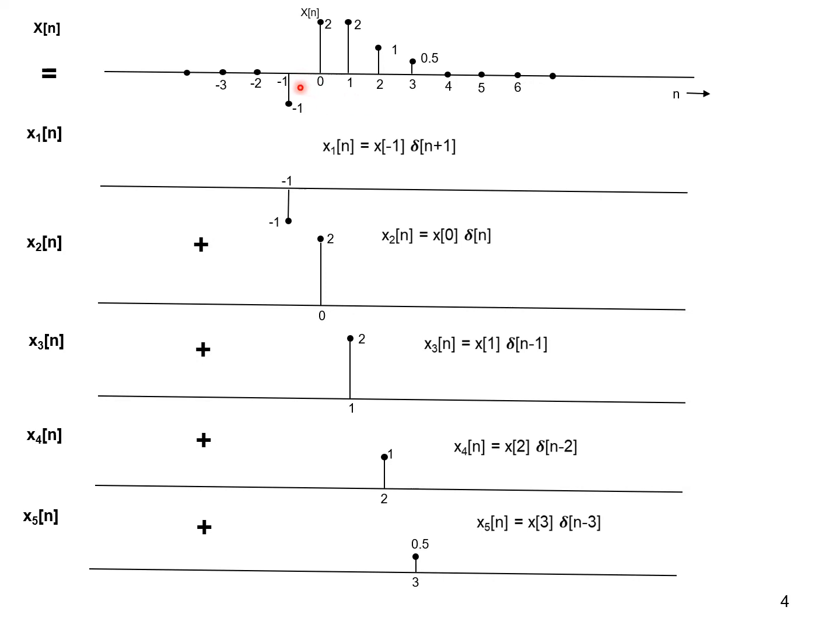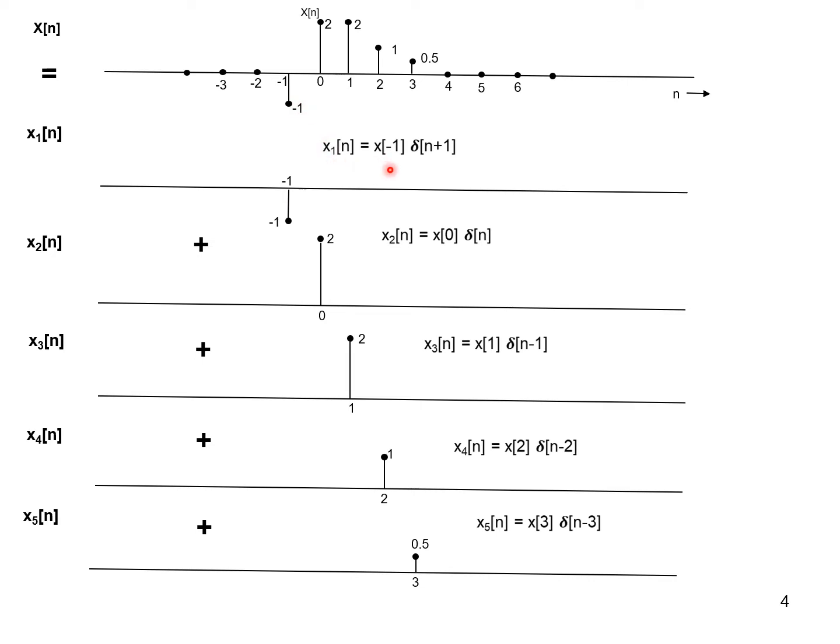If I take the first sample alone, that is, if I draw only the first sample, this is an impulse basically with the equation delta n plus 1. Delta n plus 1 means that I am multiplying x of n with delta n plus 1. That is x of n into delta n plus 1. So this is nothing but another impulse with amplitude, what is the value of the original signal's amplitude at n is equal to minus 1? That is, see, it is minus 1, no? Therefore, when I multiply x of n with an impulse, it results in another impulse with a magnitude of the signal at the location of that impulse, that is minus 1.